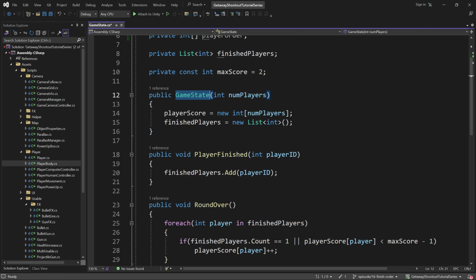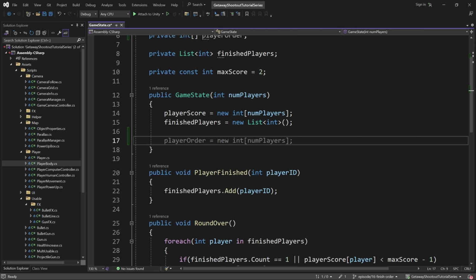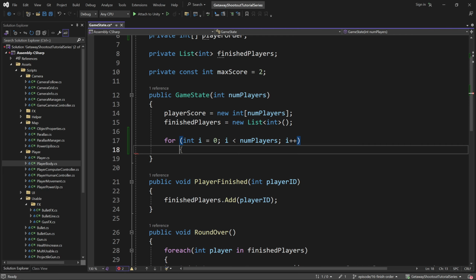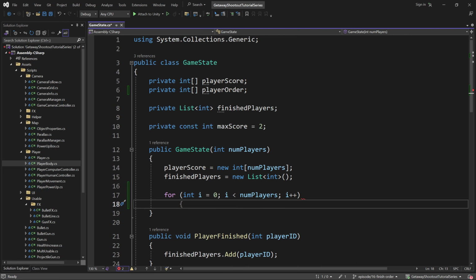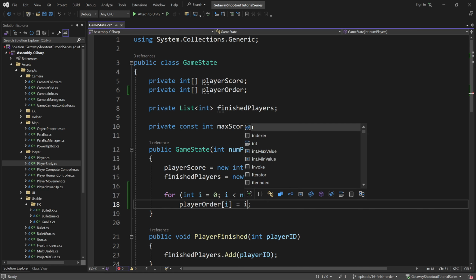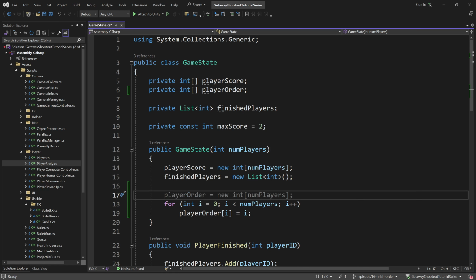And when we initialize it, instead of initializing it to all zeros, because then the order would be all player 0, which is what we don't want, we want to have some sort of order at the start that includes all the players. And what I do in the original game is just a simple increase 0, 1, 2, 3 for the player order to start. So that's what I'll do right now. And if we set player order I to equal I, that should work. But before we do that, we'll have to initialize it to an empty array of the number of players